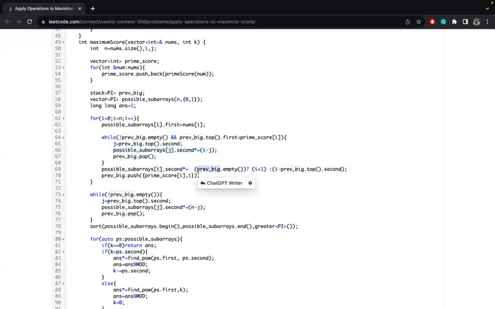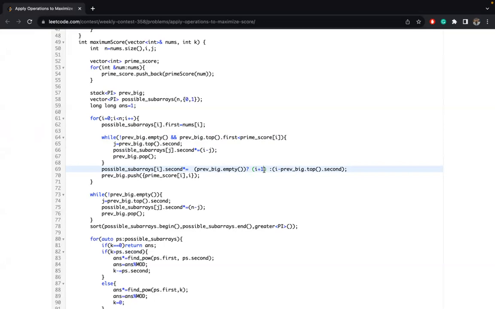The element on the top of the stack that remains will obviously be larger or equal to this, because we are anyway popping, so the remainder will be equal or greater. And if that is there, then we will do this, or if not there, then we will just do i plus 1. Why? Because if there is nothing on the stack, then